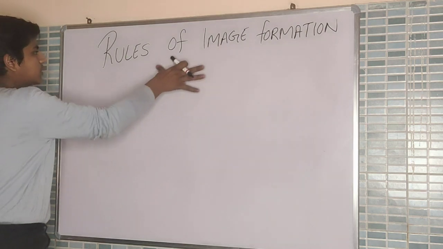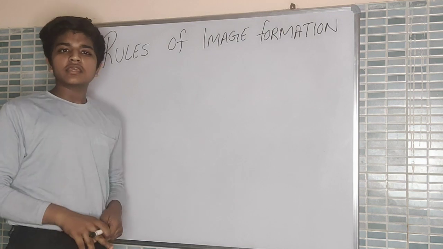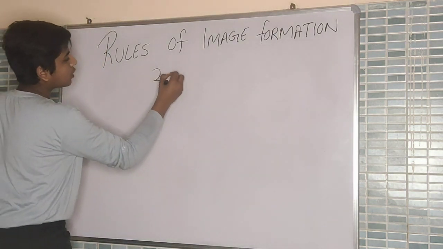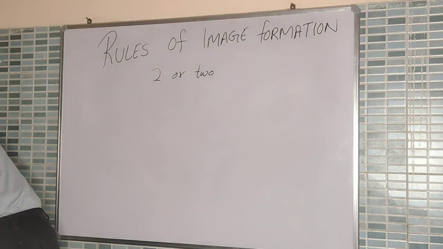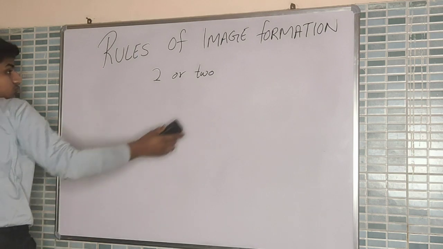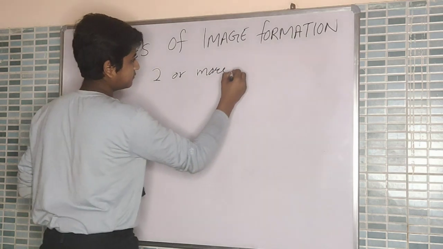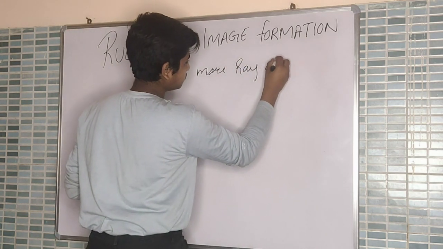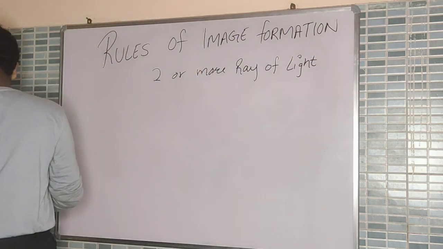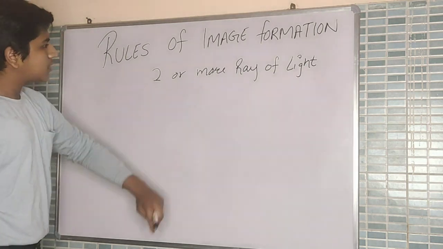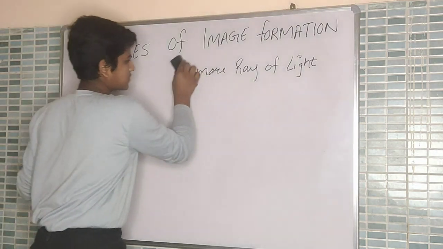Before studying these rules, I would like to tell you that any image is formed by how many rays? It can be 2 or more than 2 rays of light. So there is a question raised, why is an image formed by 2 rays of light or more than that? It is because